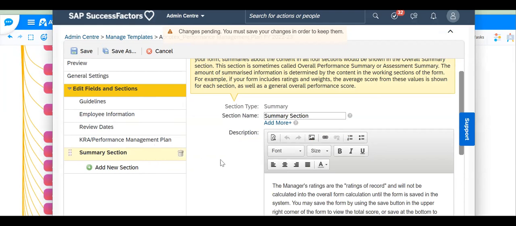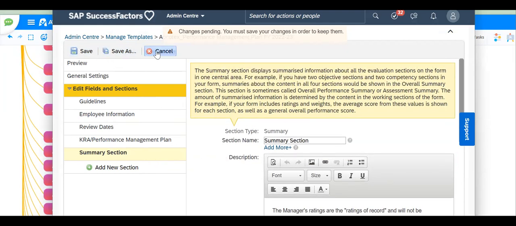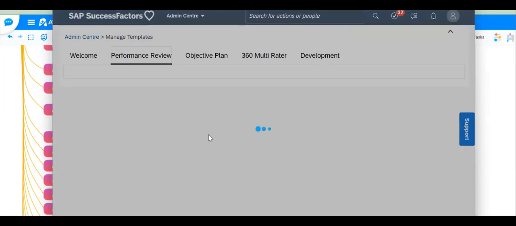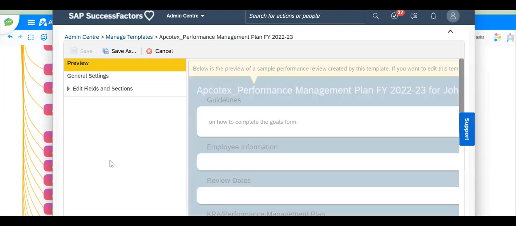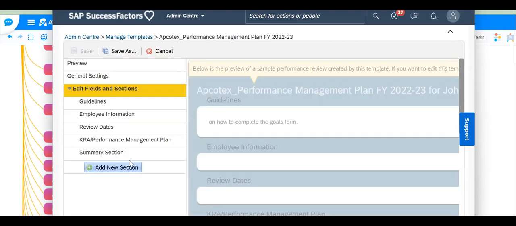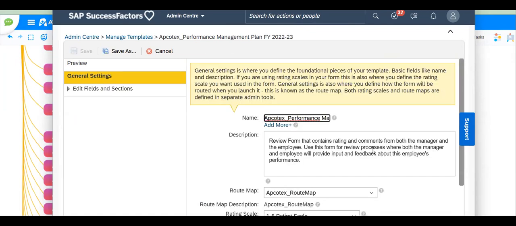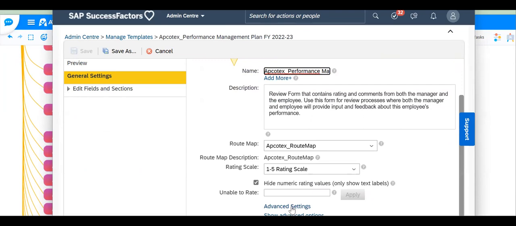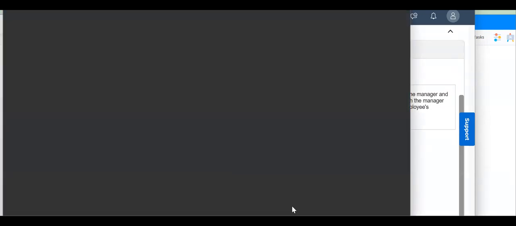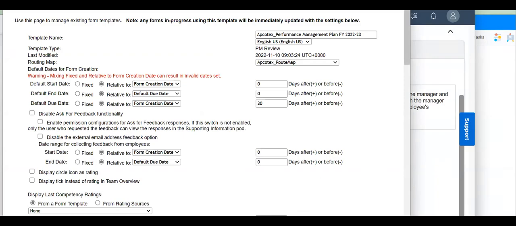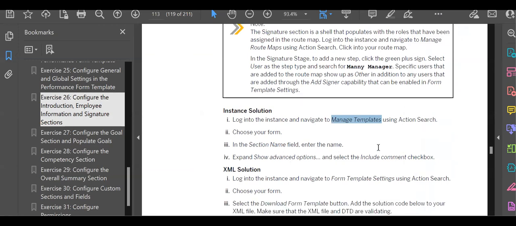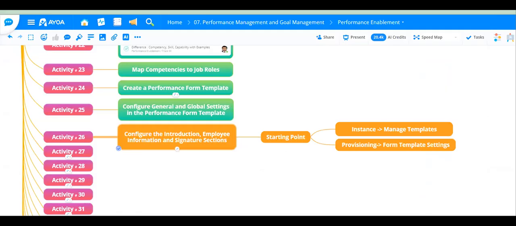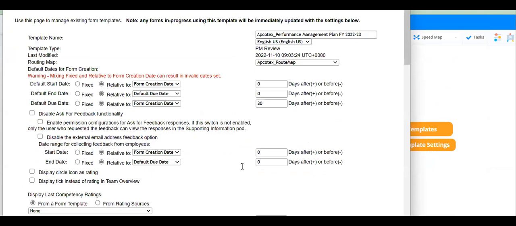If I do it here, let's say I'm canceling it; I don't want to save it. So here, this is one of the performance forms. We have the general settings here. In general settings, we can see there is something called advanced settings. You can go there, and in the advanced settings, if you go here, select advanced options and the include comment checkbox. So if I go to the include comment checkbox,